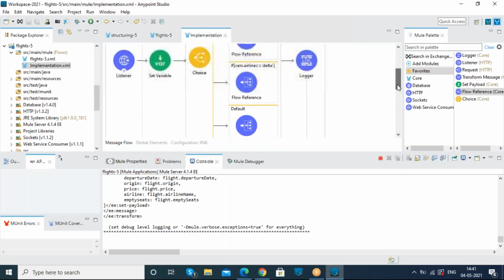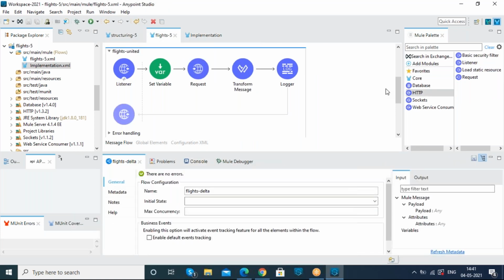Whenever we request, first it goes to the set variable connector, then the choice router, then the United flow reference, then the United flow.